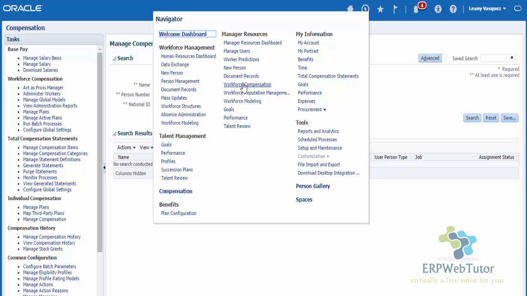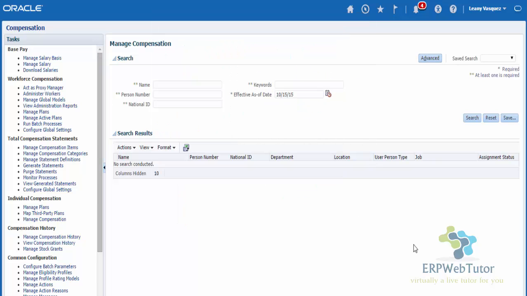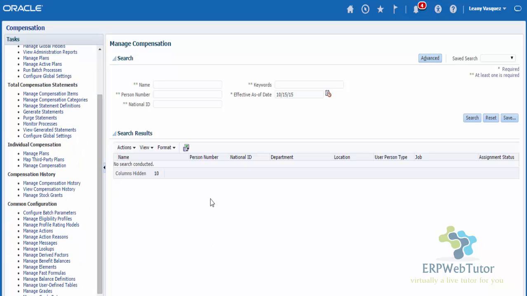That will take you to the same screen as we saw in the act as proxy, and then they can do their recommendations as well. So that is in a nutshell the different configuration components that we will be doing as a part of this